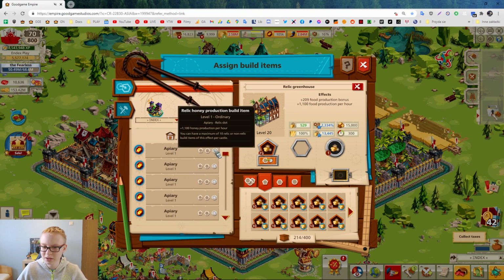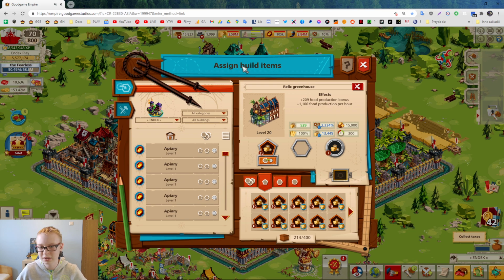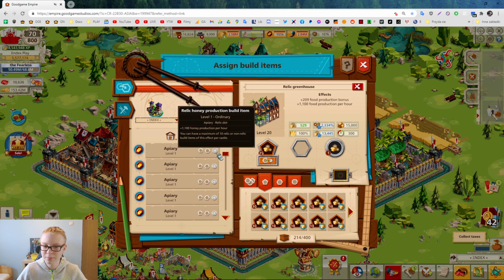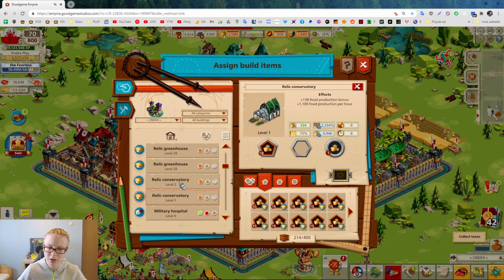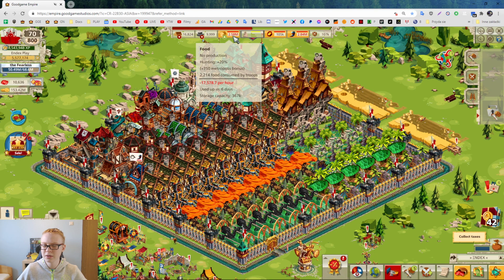Okay, so the build items. Okay, the name is build items. I can't guess its name without knowing the technical name in Goodgame Empire. So yeah, build elements in apiaries are plus 1,100 honey production per hour in all of them. So there's 10. Then my greenhouses, I lost them, sorry, they are on the top. No, where are they? Where are my greenhouses? I don't know. They are kind of sorted, that's interesting. But they have level 25 base food production build items. Early conservatories have also 25, one of them, and then 80s, and then 80s and 16s, and those are the element levels. And the food storage capacity is